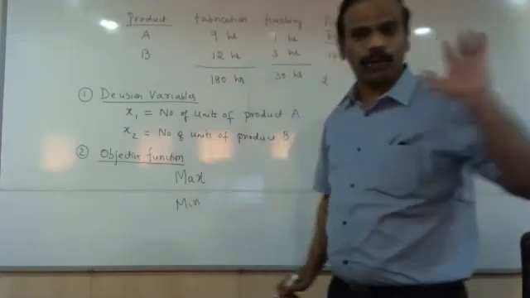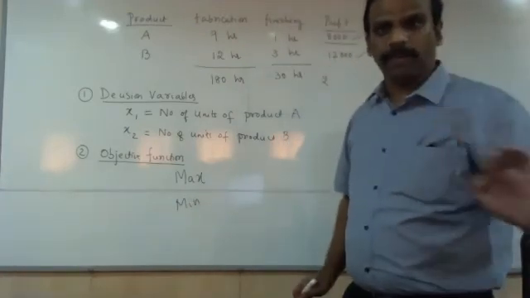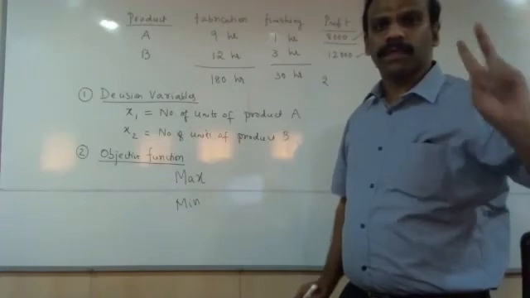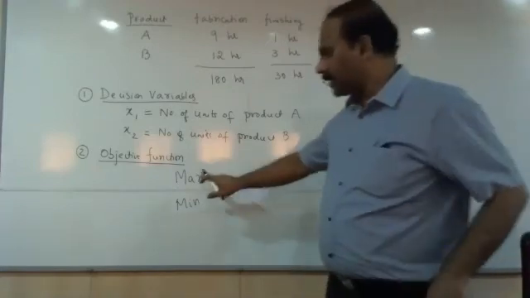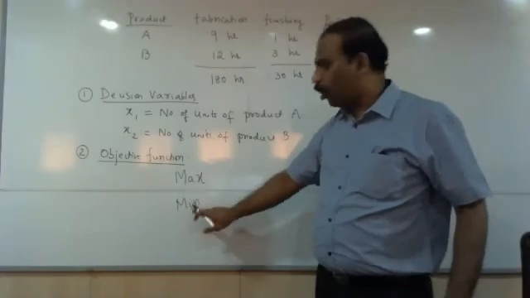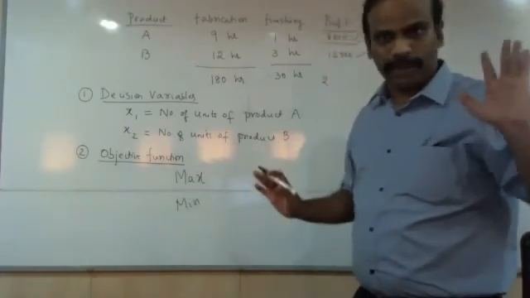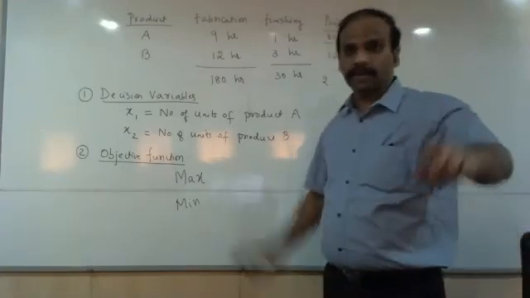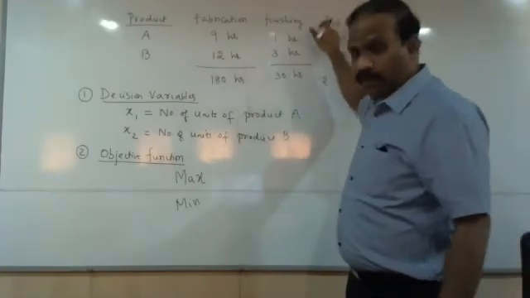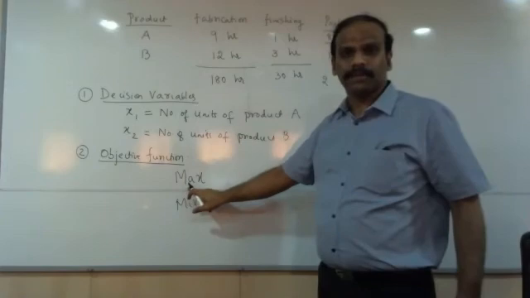These are the only two varieties. In the entire linear programming problem, the objective function can be only of two varieties. Either it can be a maximization problem or it can be a minimization problem. There is no third variety at all. Write this down correctly. Since the keyword in this problem is profit, obviously it becomes a maximization problem.